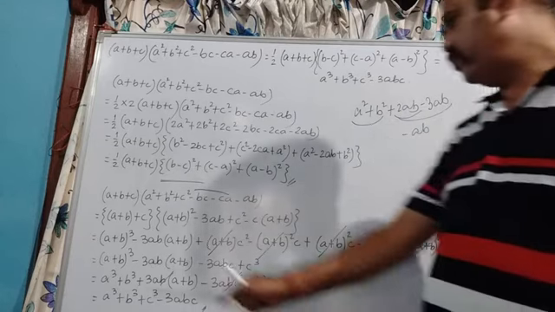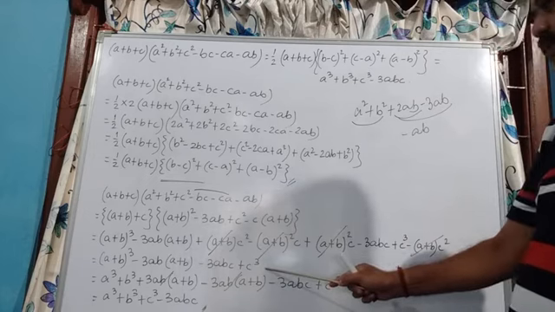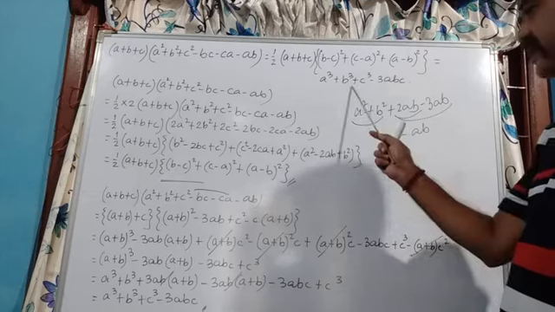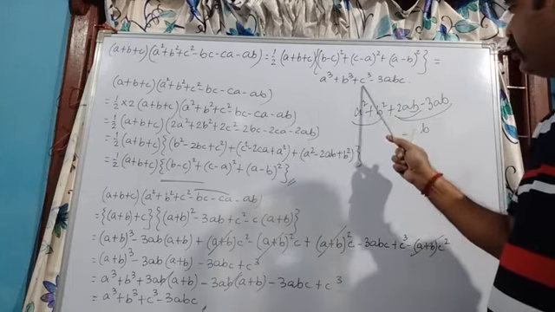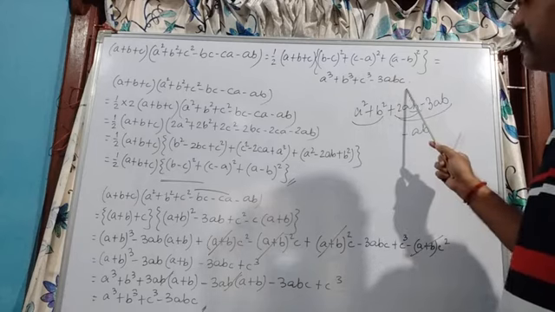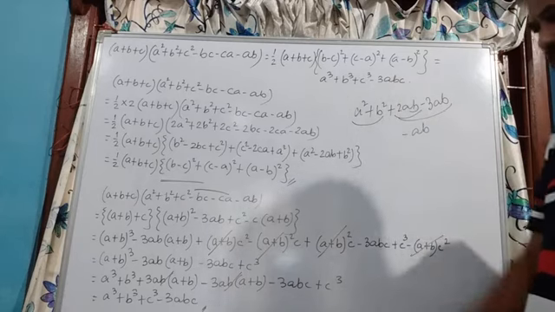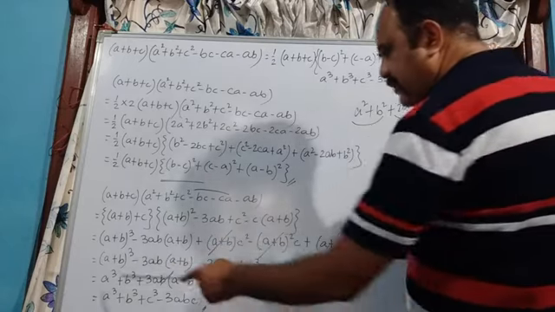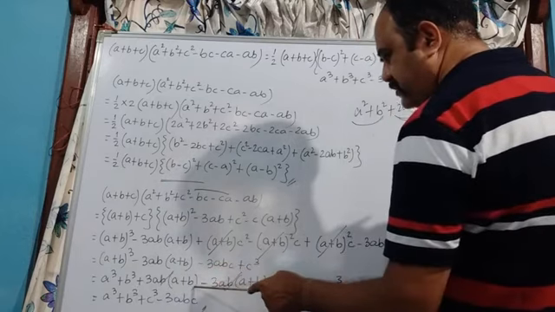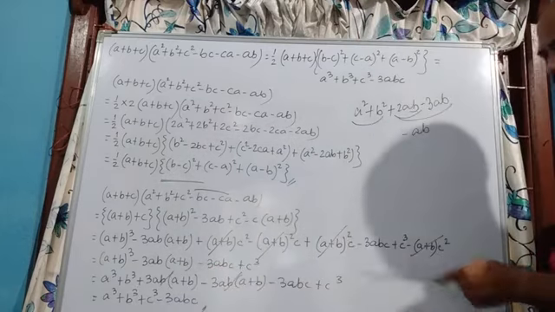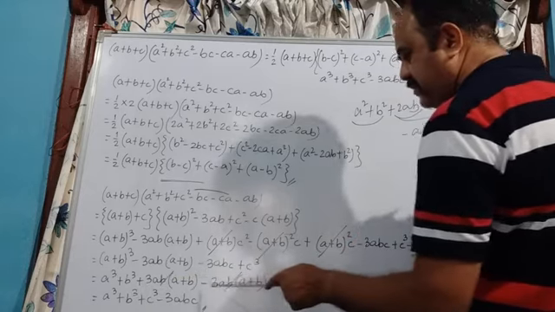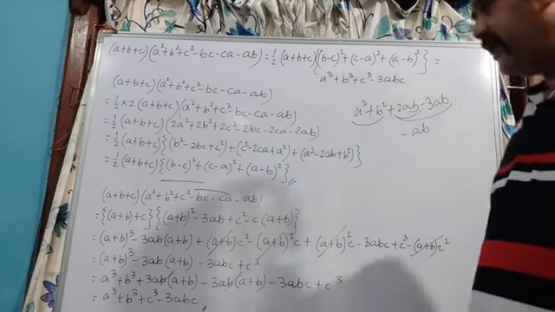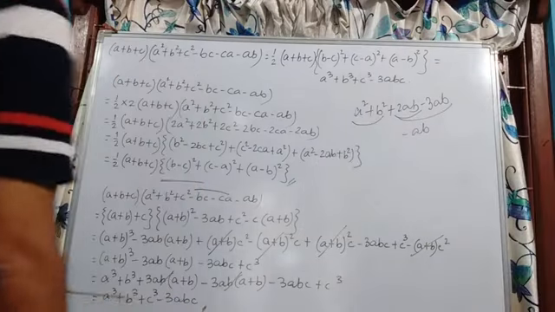After removing, we get (a + b)³ − 3ab(a + b) − 3abc + c³. If you look at this, out of this you are getting c³ and −3abc, and some extra you are getting, but these two you are not getting. Fine. Then this (a + b)³, I have expanded into a³ + b³ + 3ab(a + b), and the rest I kept as it is. Then we find that +3ab(a + b) and −3ab(a + b) are removed, and ultimately we are left with a³ + b³ + c³ − 3abc.